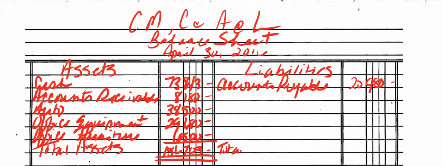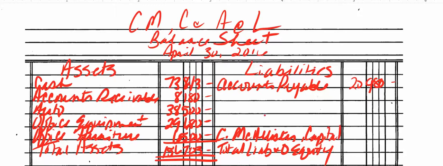So our total liabilities and owner's equity is going to land here. So the line above that is going to be Connor McAllister, Capital, and our heading there will be owner's equity. Okay, so now we just need to fill in our Connor McAllister capital from the statement of owner's equity,